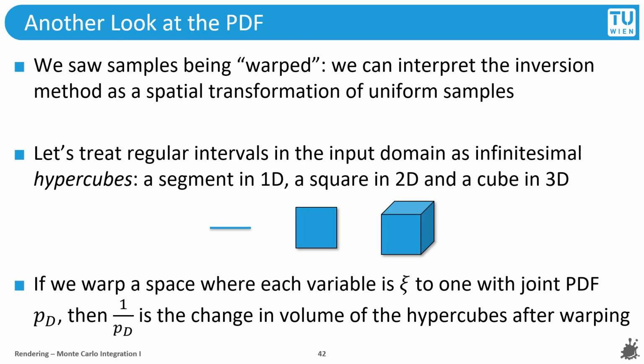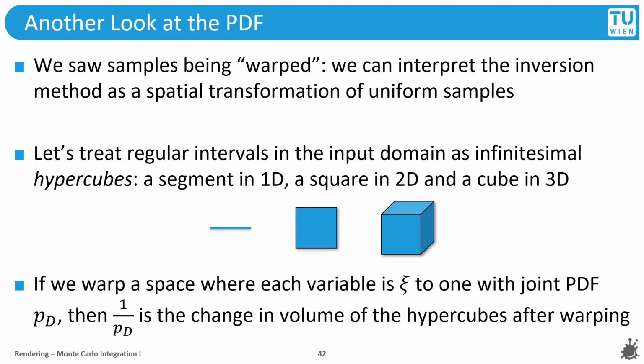So let's take a step back for a moment and look at the PDF from a different angle. We saw 2D samples being warped into a new 2D distribution, and we can interpret this warping as a transformation of the space from the input domain to a target distribution. If we convert uniformly spaced input samples with the inversion method, as we saw, we usually don't get uniformly spaced outputs. So let's treat some